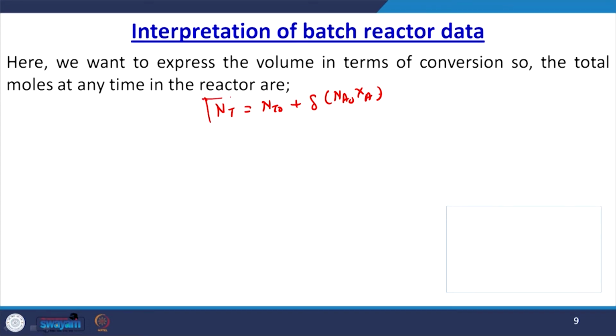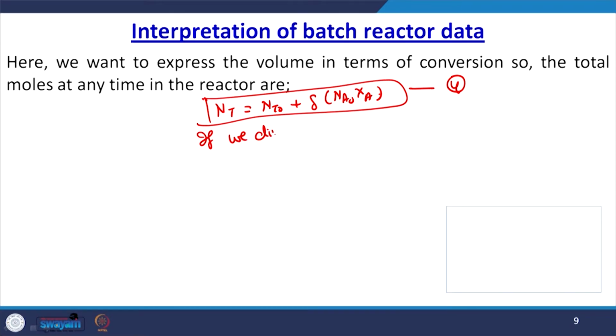Let us put this as equation number 4. So, if we divide equation 4 by NT naught on both sides, then NT upon NT naught